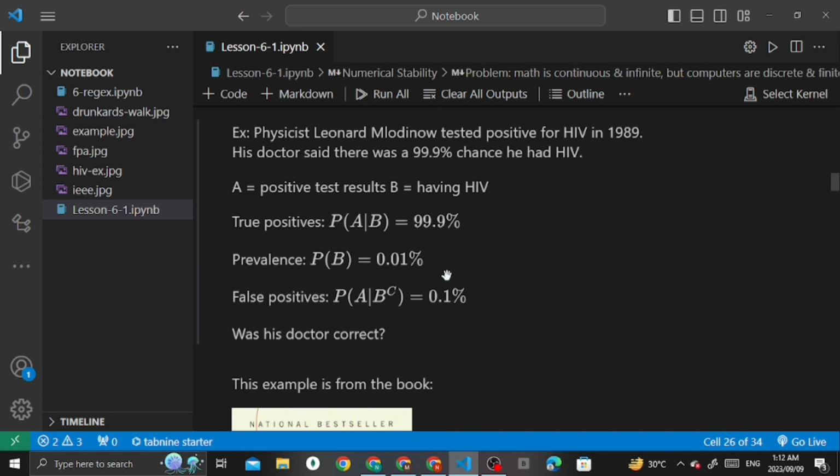I want you to calculate this problem using Bayes theorem to know exactly whether his doctor was really correct, because it will really help you get better at Bayes theorem, and it is really relevant in medicine and in dealing with false negatives and false positives. So assuming that you have answered this calculation and done it on your own,